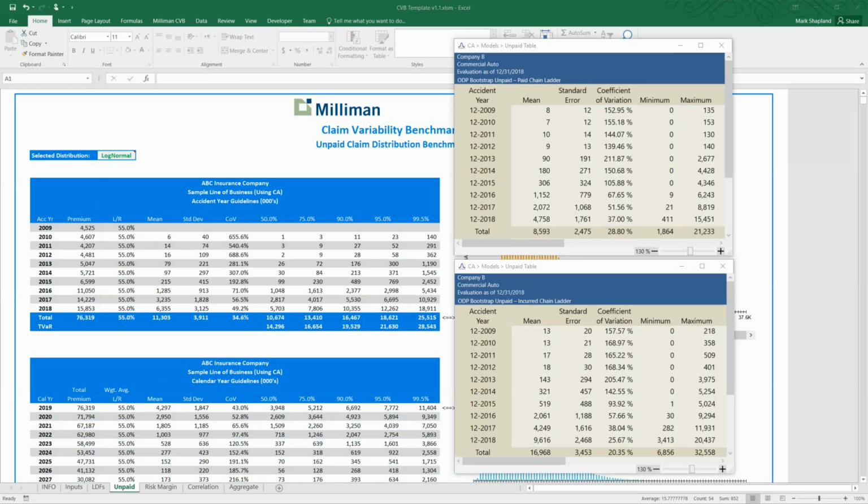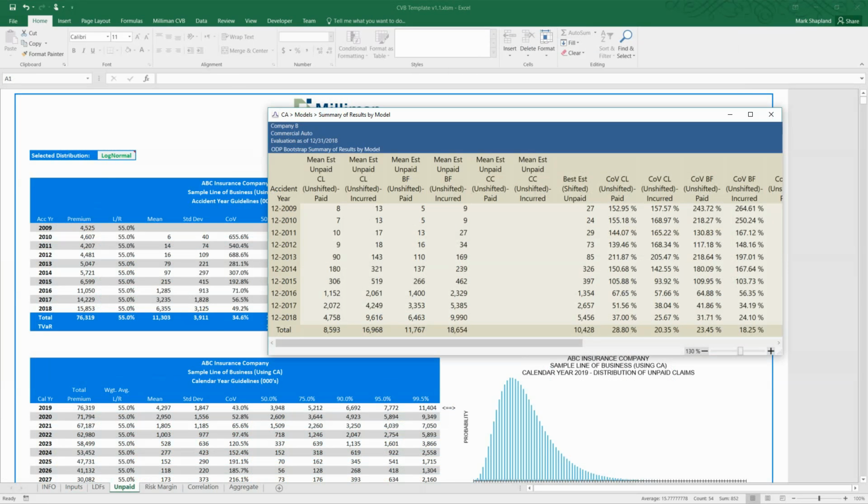Now switching to the unpaid page to see the result, you can see that the mean has gone down a little bit because I now have the average pattern in there. But the takeaway here is that the benchmark is telling us that the mean is likely between the two models, whereas in both cases, the standard deviation is likely to be underestimated. We can also use the benchmarks to assess the assumptions of all the models we're using and to inform our decisions on the weights. But the next customization would be to shift the benchmark to match our best estimate of the mean.